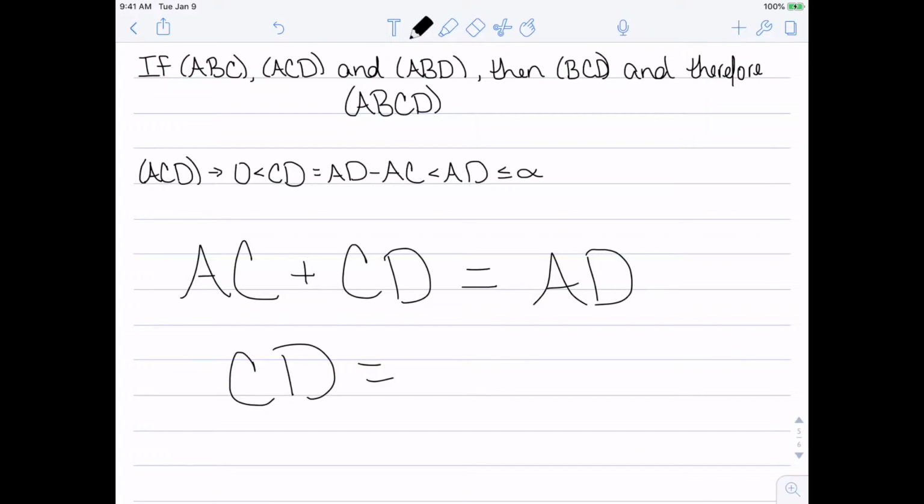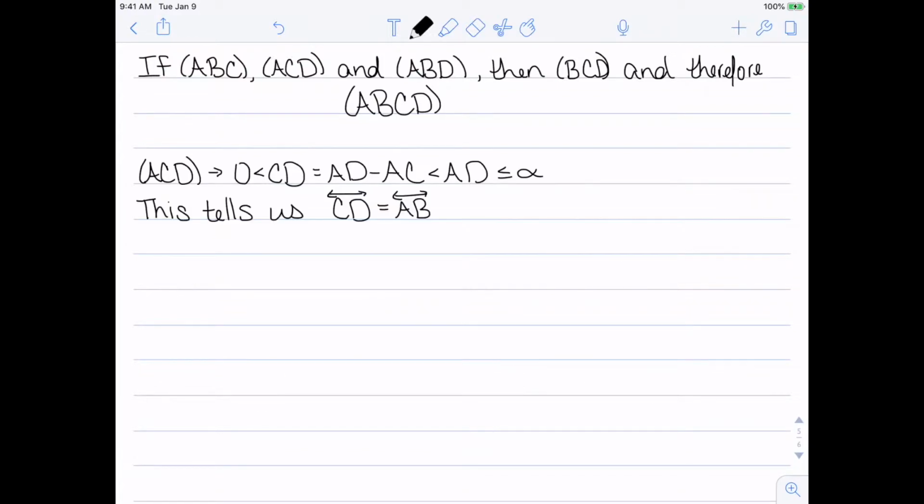Subtracting AC from both sides gives me my next equality. And this has to be strictly less than the distance between A and D, because we have AD minus something, so minus is making it a little bit smaller. And the distance between A and B has to be less than or equal to alpha. And all this was to tell us that the line between C and D is equal to the line between A and B. We needed the distance between C and D to be strictly less than alpha in order for